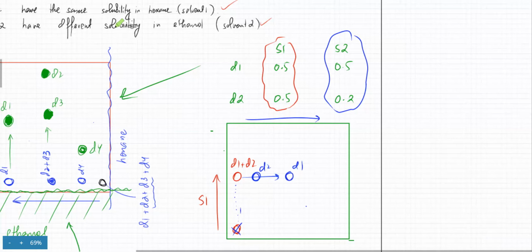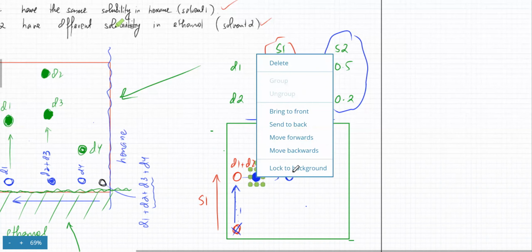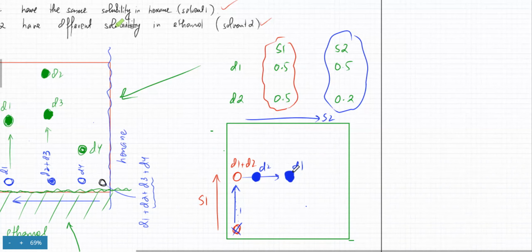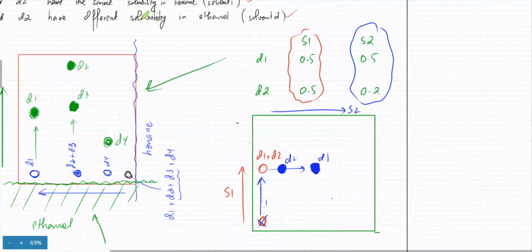So now this one, the first one was traveling in this direction, but no separation happened. And then you added solvent number 2. You get this one S2, and the dyes started traveling in this direction. So that indicates that separation is happening now. And your final result would be this thing. It would be dye 1 and it would be dye 2. Okay, is this clear? Abura, clear? Yes, sir. Yes, sir.